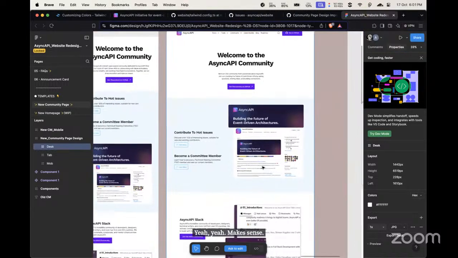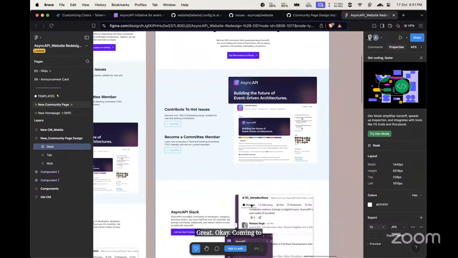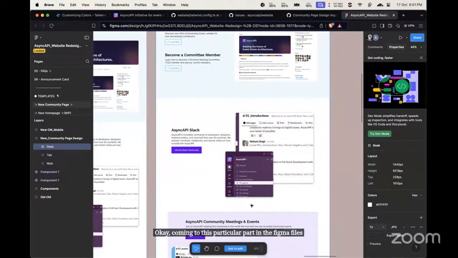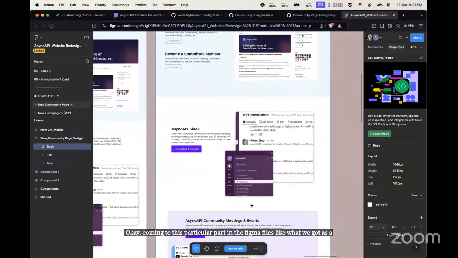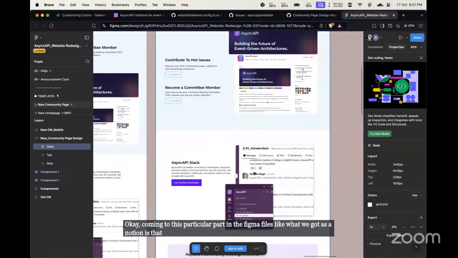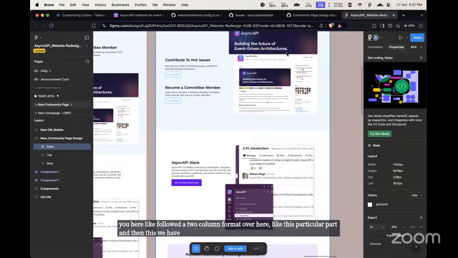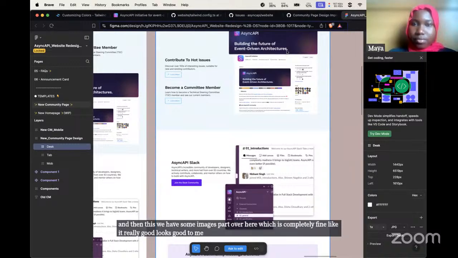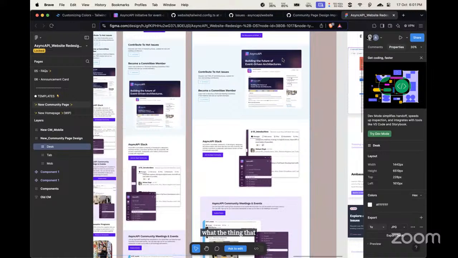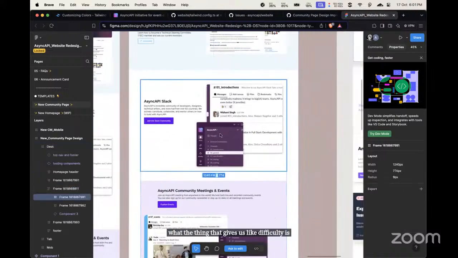Coming to this particular part in the Figma files, you followed a two-column format over here, and then we have some images part over here, which is completely fine. It looks really good to me. What gives us difficulty is that these are individual frames.